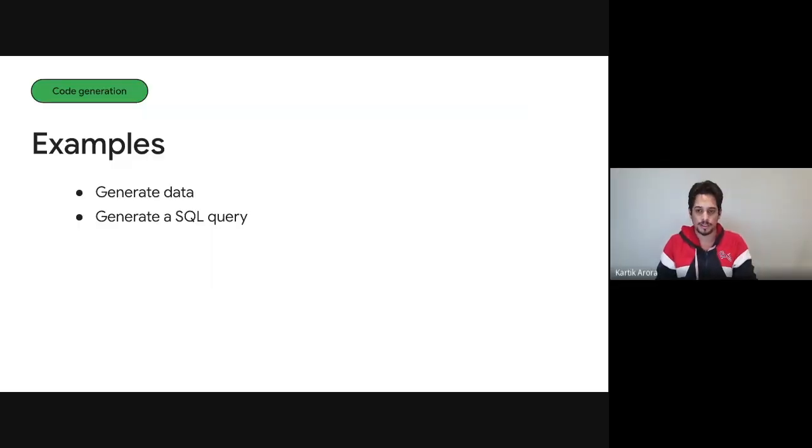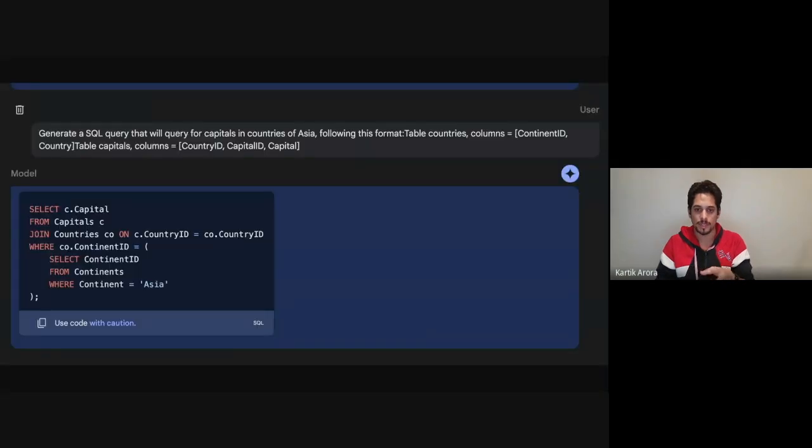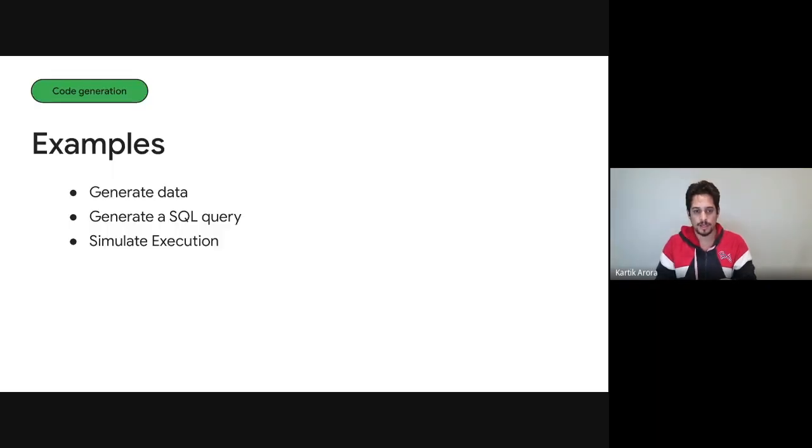Then we can further ask, and this is where we are breaking or chaining our prompts, we can further ask Gemini to build an SQL query out of it for us. We asked it in very plain, simple to understand English, and it gives us a SQL query back. Now, we can also ask the model to simulate the execution of this SQL query.